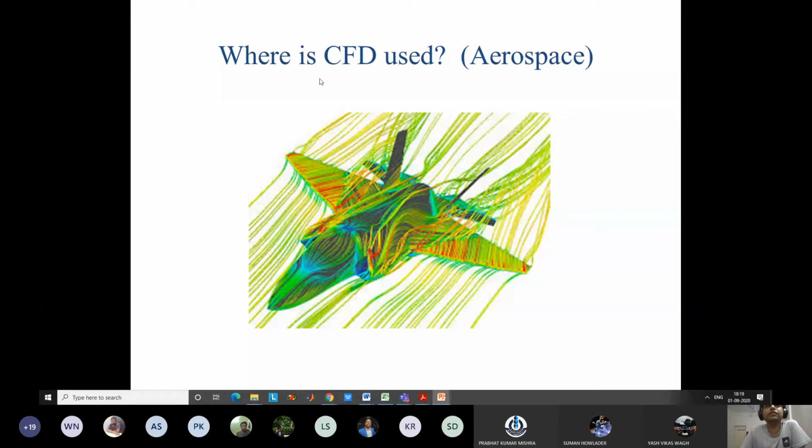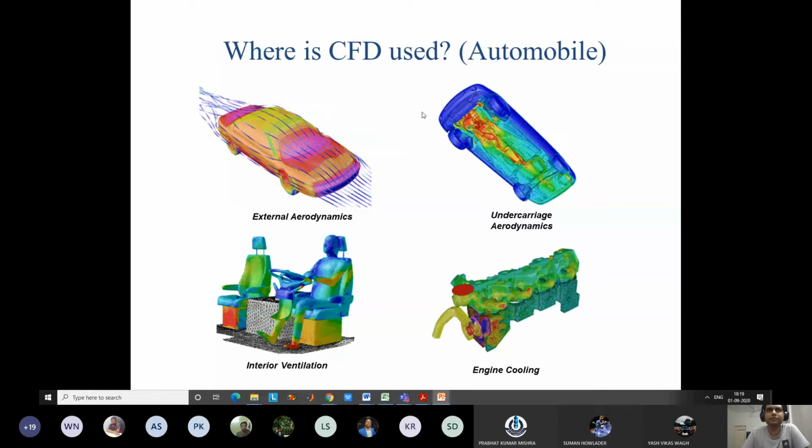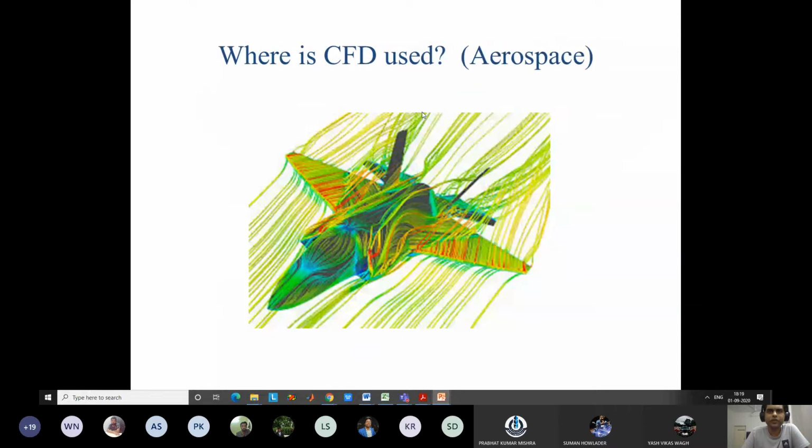So let us also discuss what are the applications of CFD. Okay, just I will give a quick overview of what are the applications. So there are many applications of CFD. Okay, many industries actually nowadays CFD has become very important. Okay, so whenever I am saying CFD, it means the same as computational methods in thermal and fluid engineering.